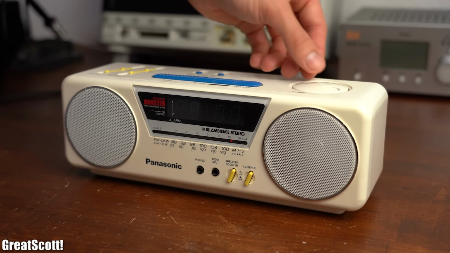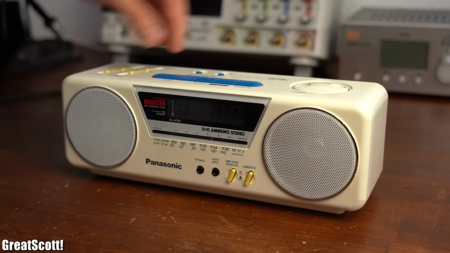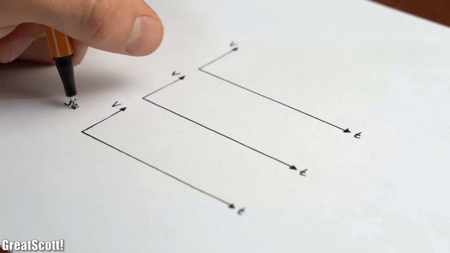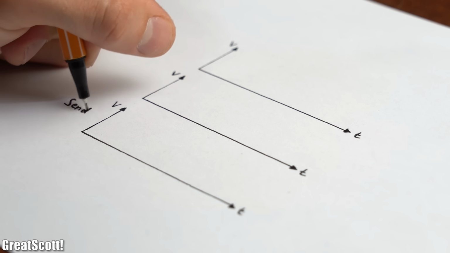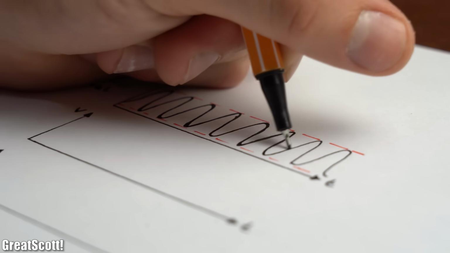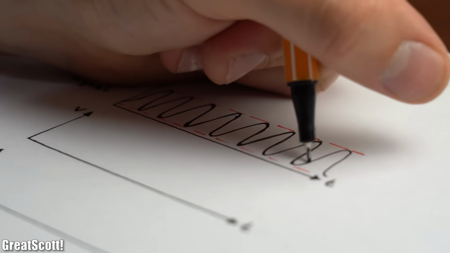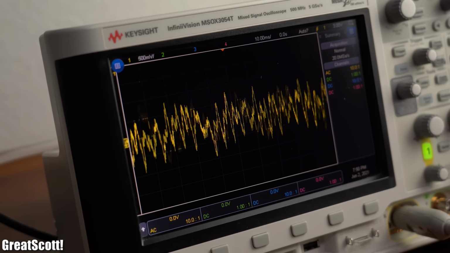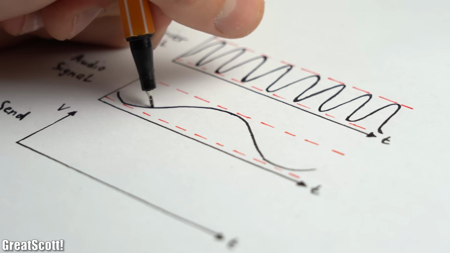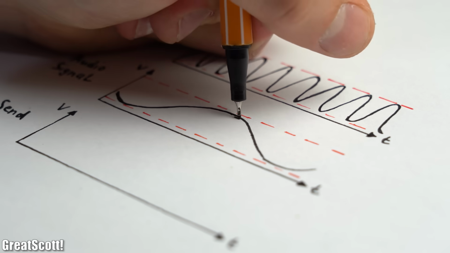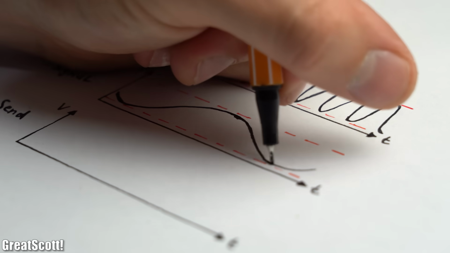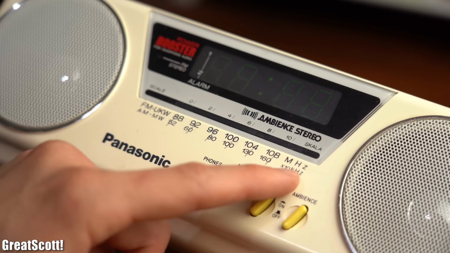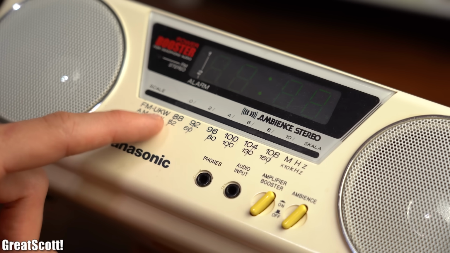First off, since I already got an AM receiver to work with, let's rather focus on the AM transmitter for now. Before that though, we need to understand what kind of signal we have to send out. An AM signal basically consists of a carrier sine wave, which gets modulated by an audio signal, which can be for example music or my voice. But to keep this example simple, it will also be a sine wave for now, just with a lower frequency than our carrier wave. And according to the label of my radio, the carrier frequency should be between 520 kHz